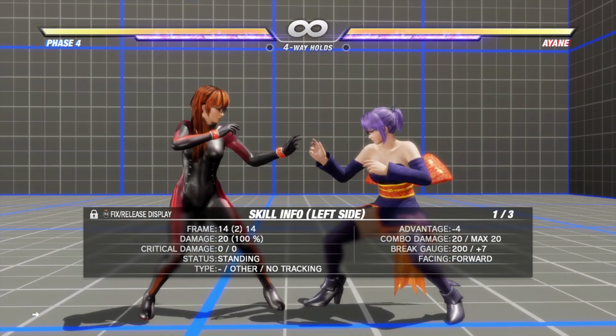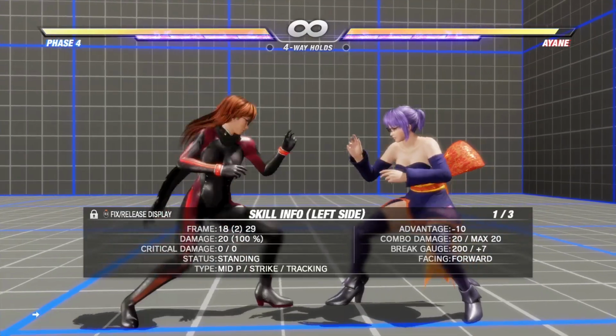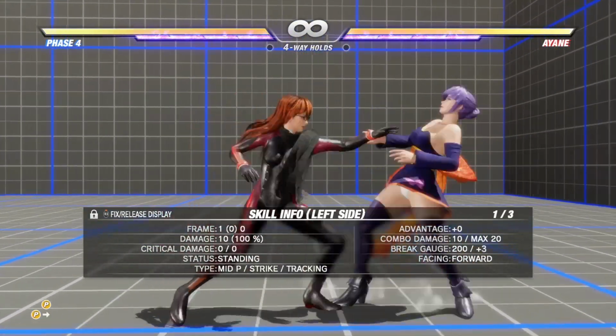A couple other tracking moves you can use with phase 4 is her P, 6P, or punch forward punch. The second hit is just like Kasumi's K. It even has a...